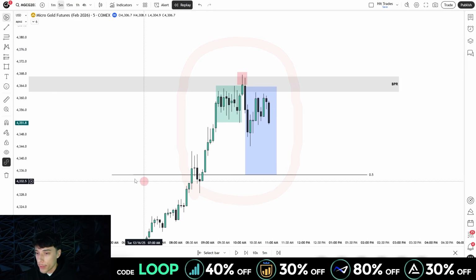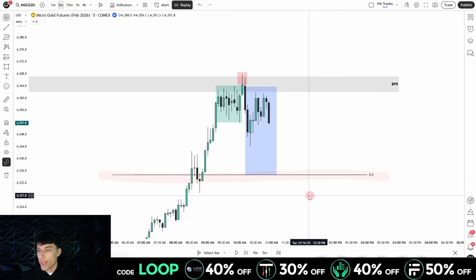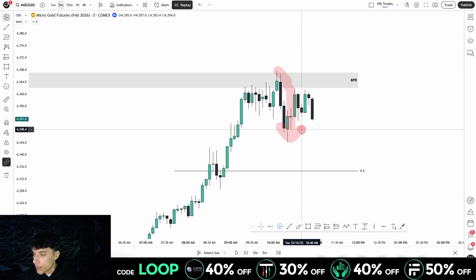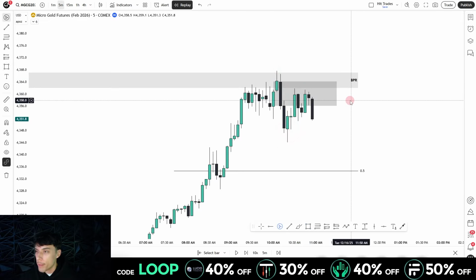We have our equilibrium, so our higher time frame 50%. We have the unfilled imbalances, and we have the hourly CRT. And then we're going to see so much confluence across all these lower time frames, starting with the fact that price had some displacement to the downside. This created a bearish change in the state of delivery,